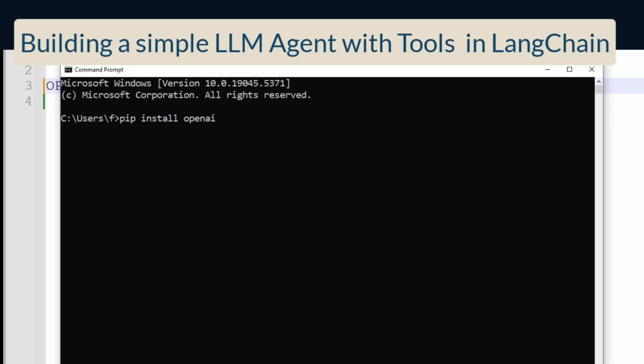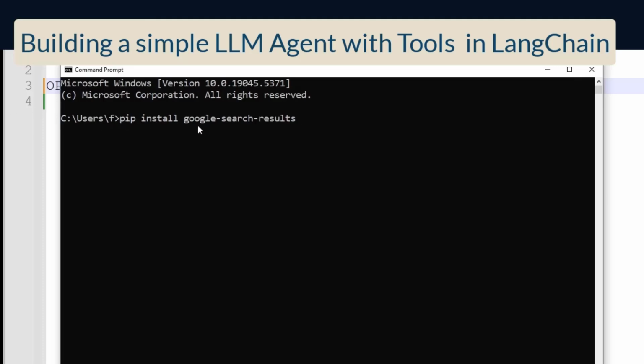And guys, you will also need the OpenAI API key. You will log into your OpenAI account, and from there you can get the OpenAI API key. And then save it somewhere, and sometime I'll show you where to write it.